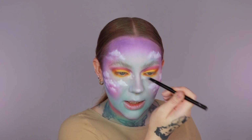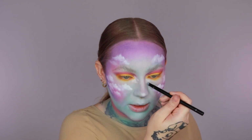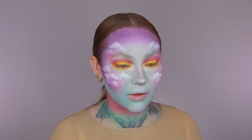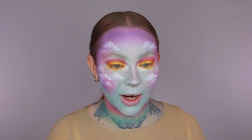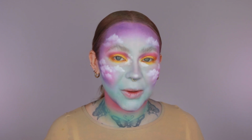I don't want anything to be really symmetrical, so we'll do something a little different on this side. Am I thinking of how to incorporate freckles? Yes. How did you guess? I don't want to get too carried away and do something I will regret, but I am just enjoying this